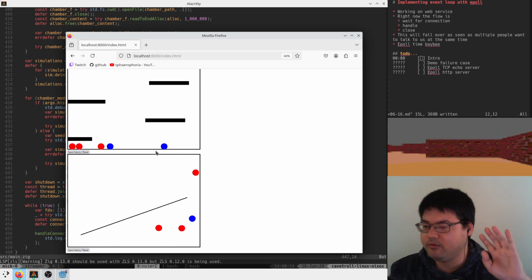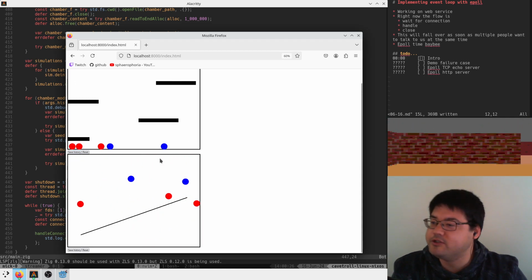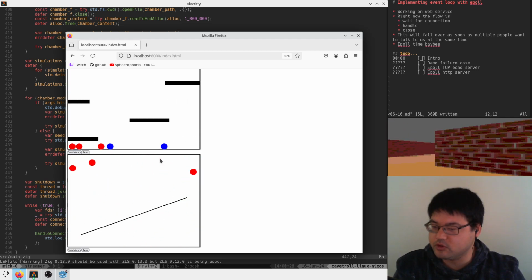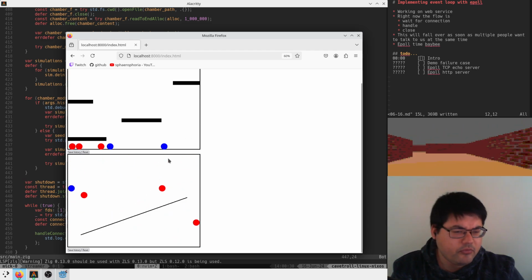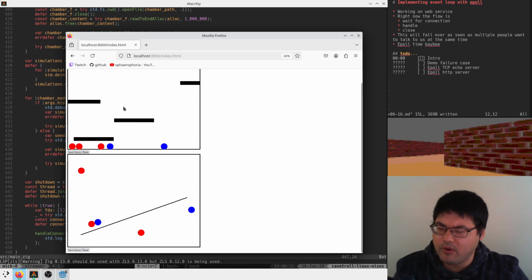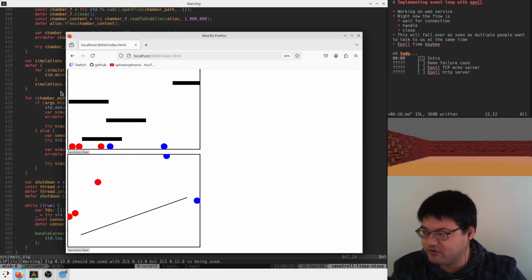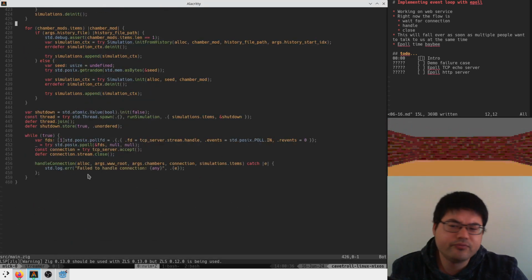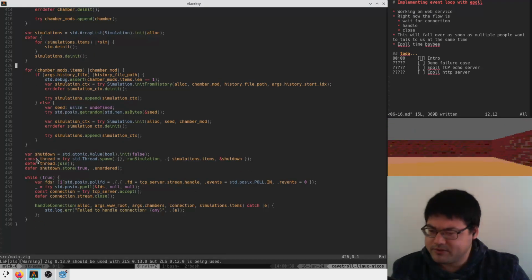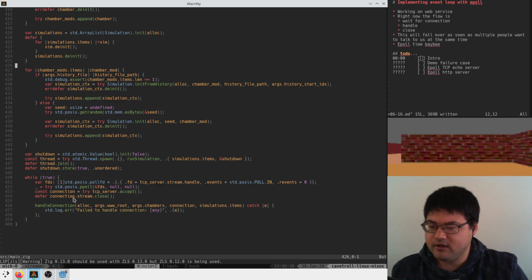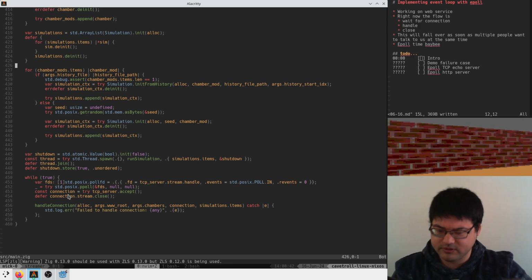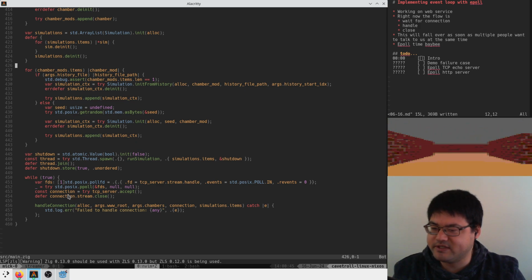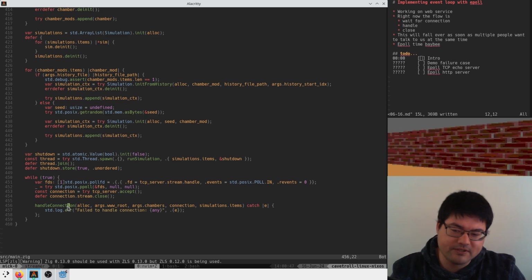We haven't exposed this to the internet yet, but as soon as we do, there's going to be more than one user trying to view these things at a time. And with the way that it's set up right now, this is just going to fall over pretty much immediately. So we're using Zig, and the Zig HTTP server in the standard library has this API that basically says,